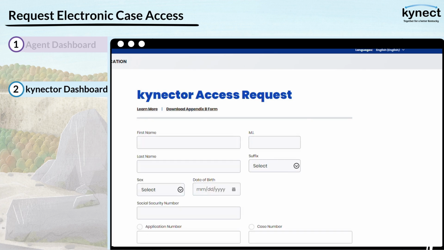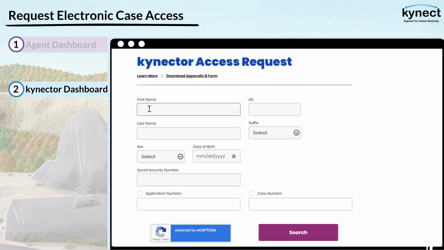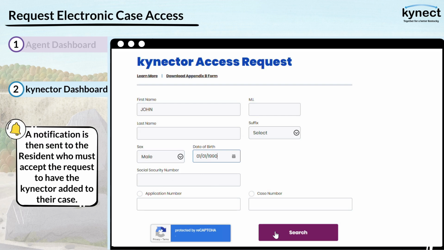On the connector access request screen, enter the resident's first name, sex, date of birth, and other applicable details. Next, select Search to locate the resident's case. A notification is then sent to the resident, who must accept the request to have the connector added to their